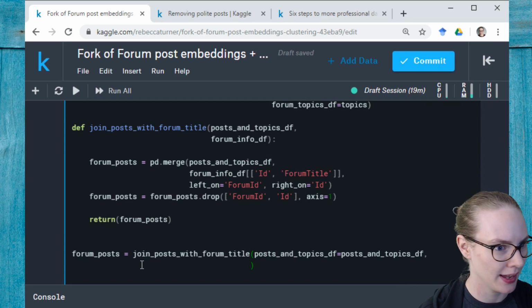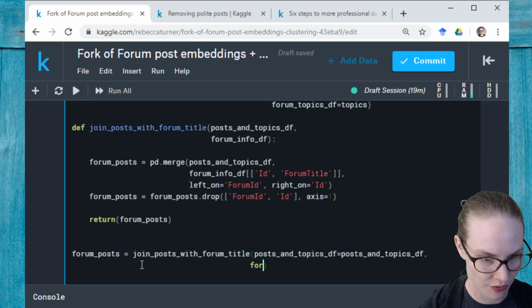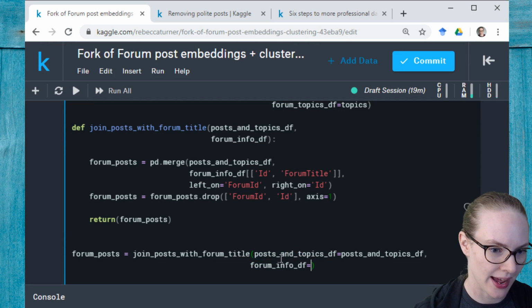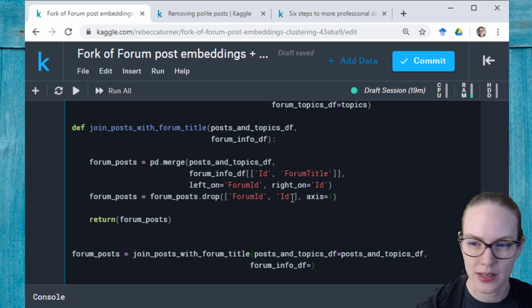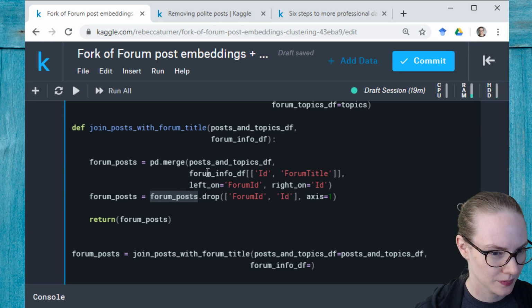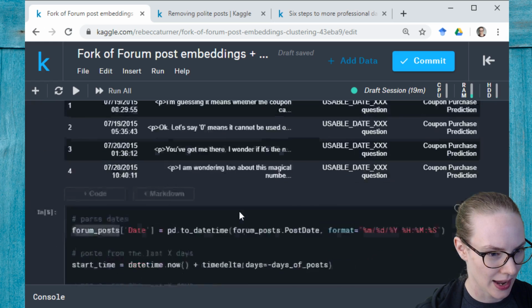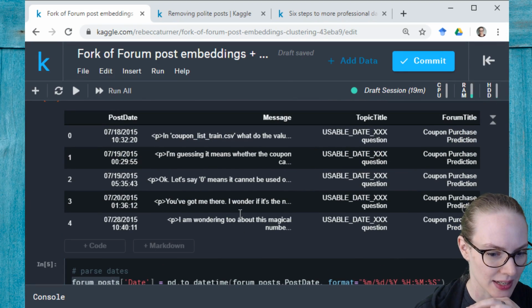And then for the forum info df, it's going to be forum posts df, I think is what I called this. Is this right? Am I confusing myself with my names? Forum info df. All right, that one's forum posts. And previously it was